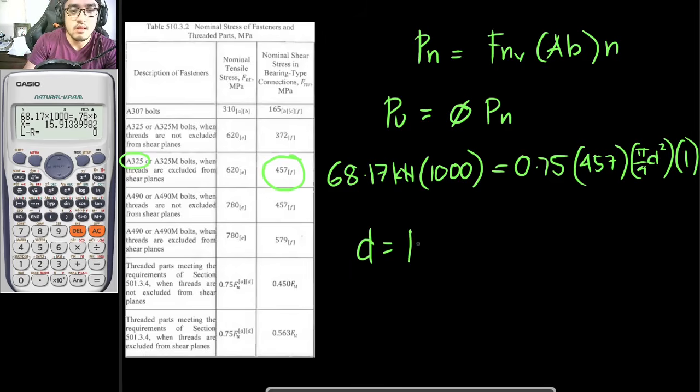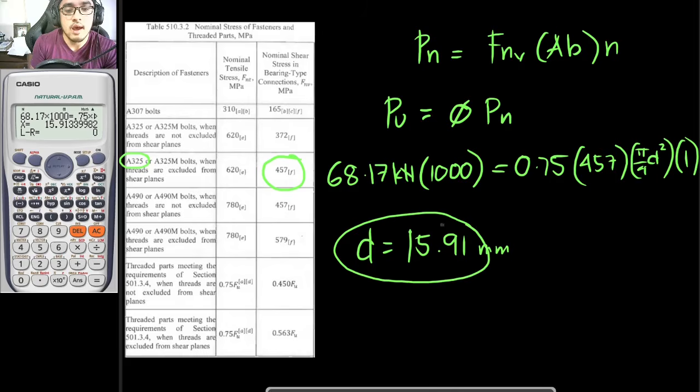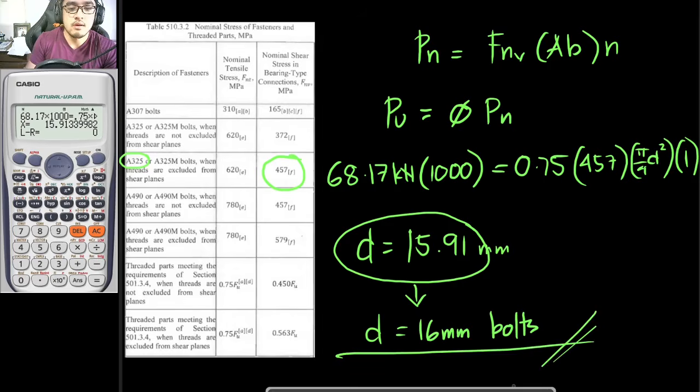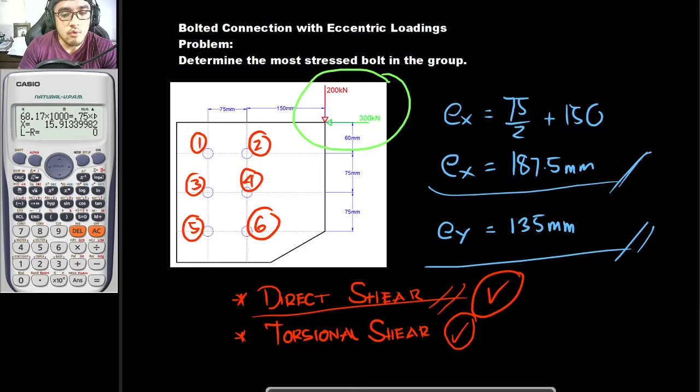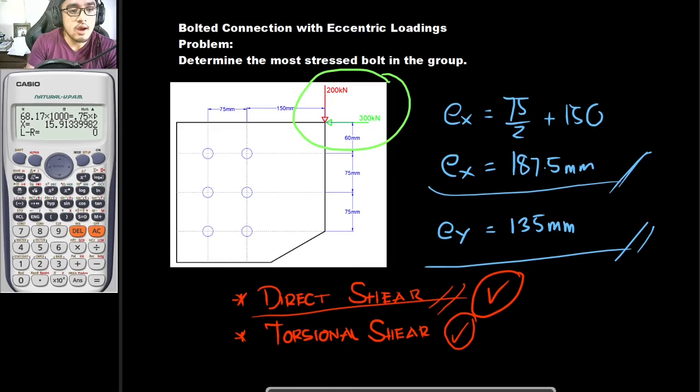15.91 mm. And since we cannot buy a diameter with this specification, it is better for us to round it up to 16 mm bolts. So you would be using this one right here, though we only designed one. In this case, we only have designed this one right here. So we have concluded that we are to use 16 mm